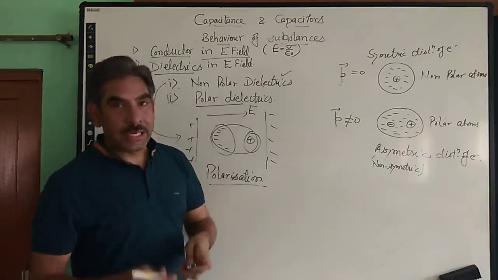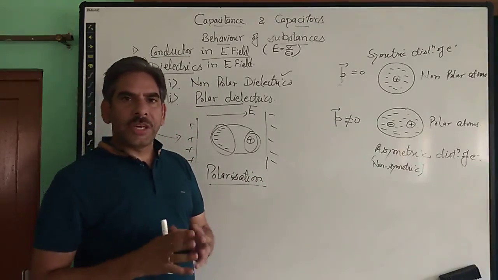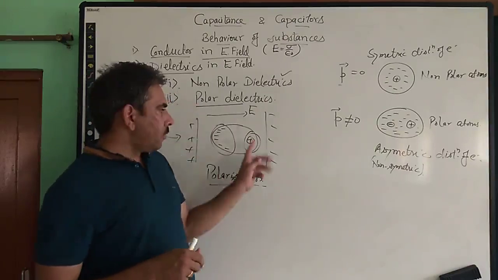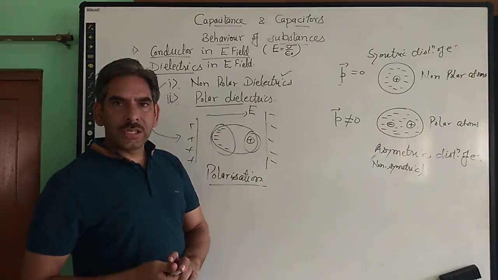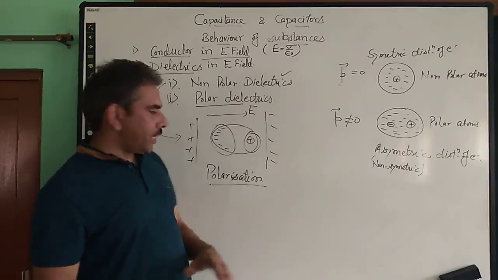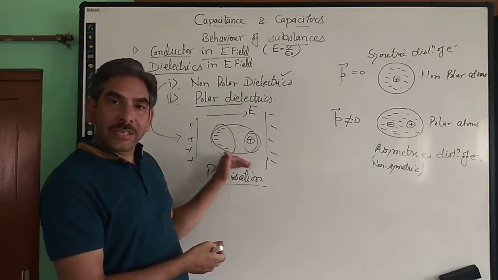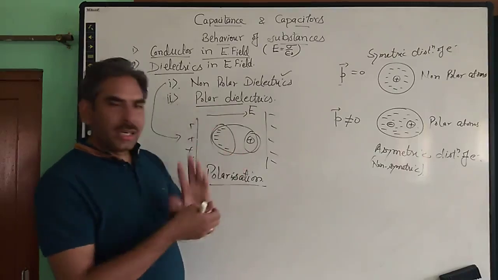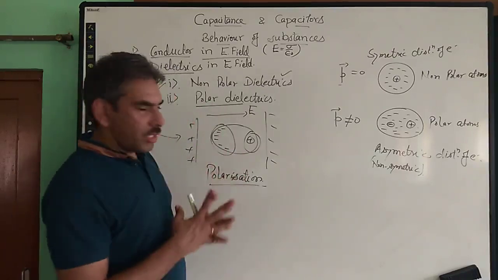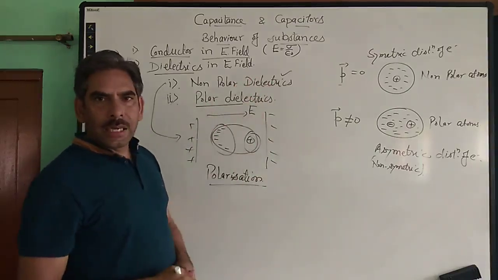of a non-polar dielectric. So polarization is nothing but the phenomenon, or we can say the process, of separation or stretching of the center of the negatively charged electron cloud from the positively charged nucleus. So this separation or stretching is called polarization. So what we are doing, we are polarizing by applying the electric field. This polarization takes place whenever some electric field is applied across some non-polar atom or dielectric. Now we are ready to discuss what happens to a dielectric material whenever it is subjected to some electric field.